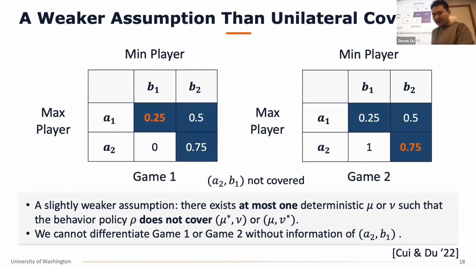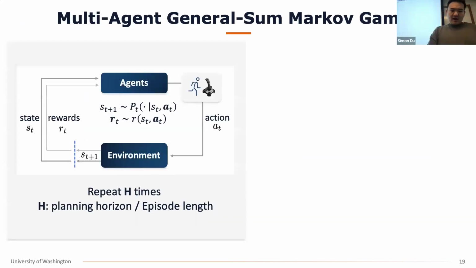We can also study whether we can further relax this condition. There's one more example showing that it's not possible to relax this condition. It's a little bit more technical, but you get the idea. For the time constraint, I'll go on, but basically this assumption cannot be weakened. All right, so that's for two-player zero sum.